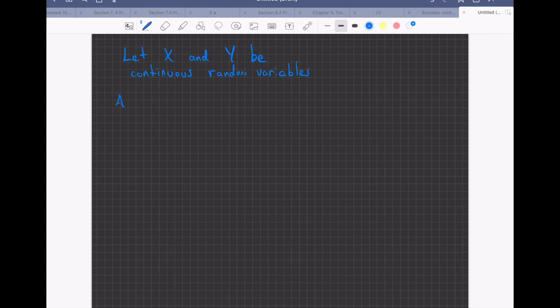In this case, we call that a joint probability density function. It is a function of two variables satisfying